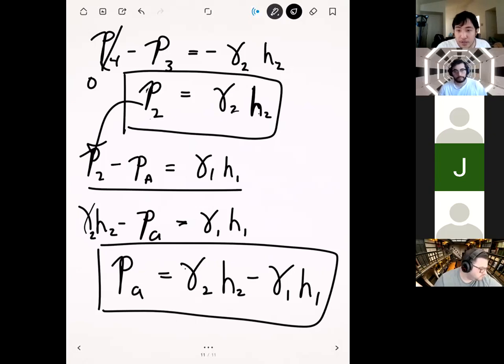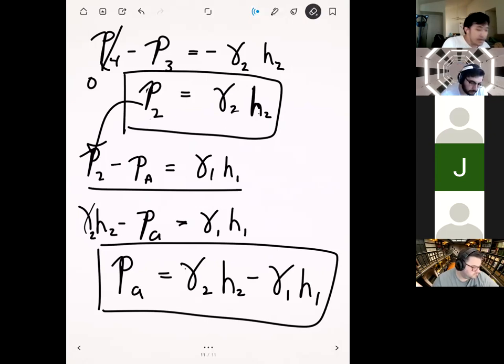Okay, so the question in the chat is: do we use all the relations we found to find an equation for PA? That is correct. This example was a nice one because before, we used our hydrostatic equation in a simple situation. Here, we had to use the same expression multiple times and work our way around a U-tube manometer to find the pressure at our desired location. It shows how we actually use this in a more complex situation.